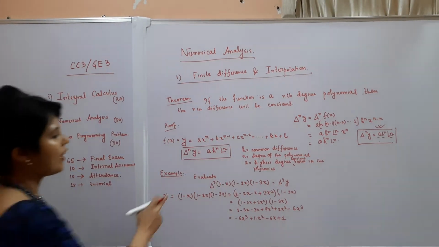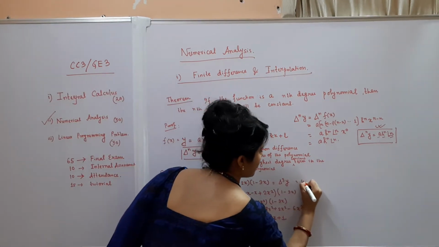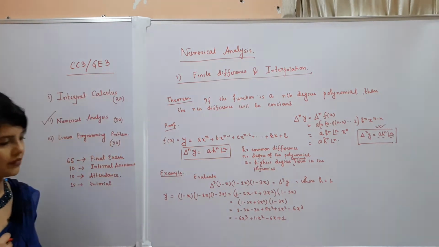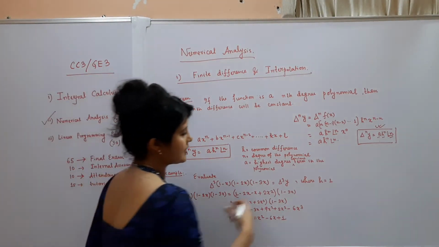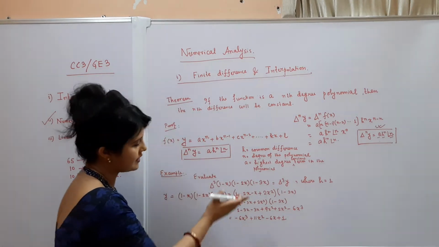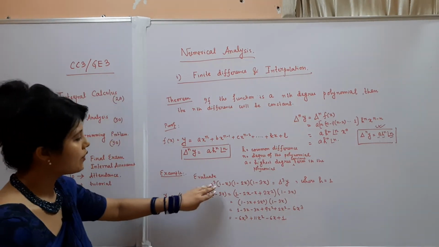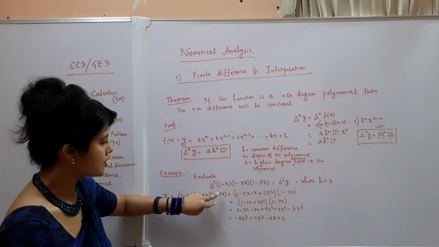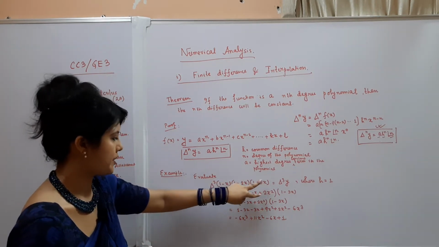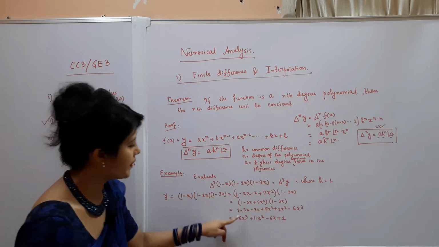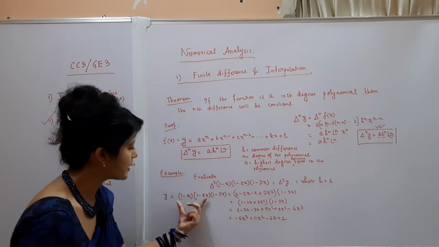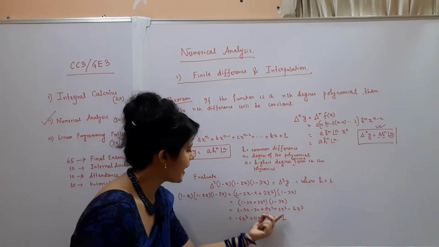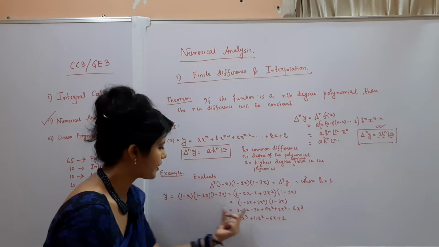Okay, so you have to evaluate this expression where h is equal to 1. This is given in the problem. So the common difference is h and h is equal to 1. This is given in the problem. So you have to evaluate the third degree difference of this expression. This expression can be expanded like this. Actually this was given in the factorized form, so this is the expansion of this factorized form.